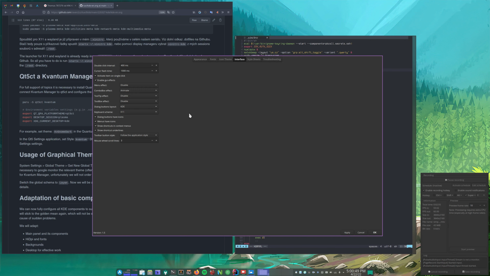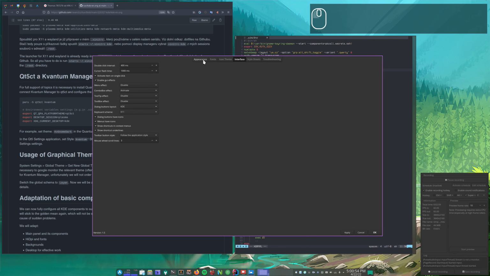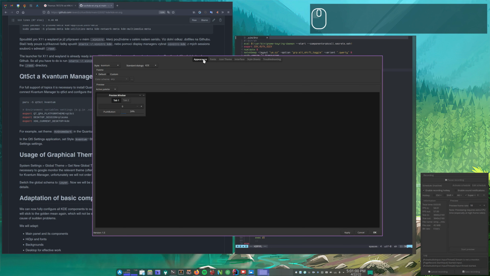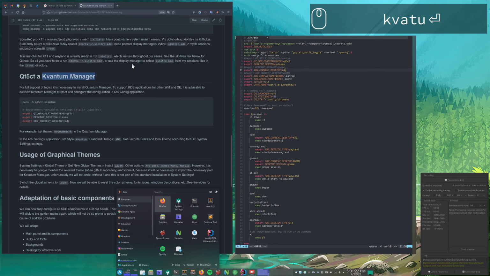This is not so important. Style sheet, nothing here. So this one and this one have to be set. Very important is Kvantum here and KDE. If you set this Kvantum, it will be connected with Kvantum Manager, and the theme will be defined by it. If I open Kvantum,